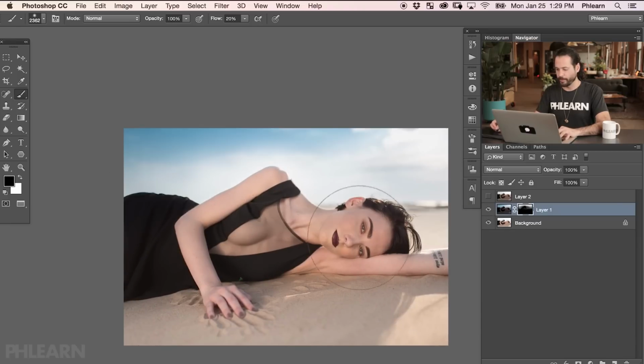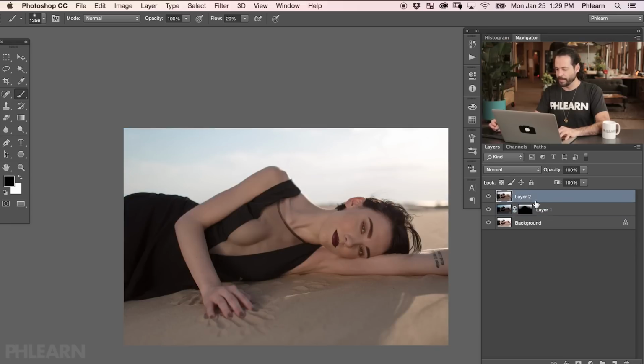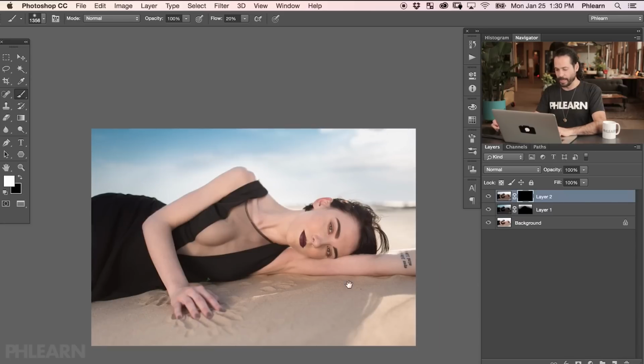Cool, so we brought all that information from our sky. Let's go ahead and make sure it's not visible over her face too. All right, that is so cool. All right, so bringing that information in, now let's go ahead and click this layer on. I'm gonna hold Alt or Option, click on our layer mask, and then we're gonna paint white on this area